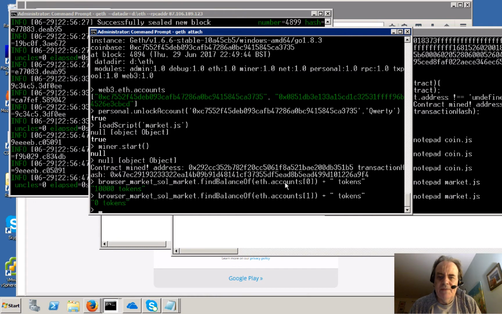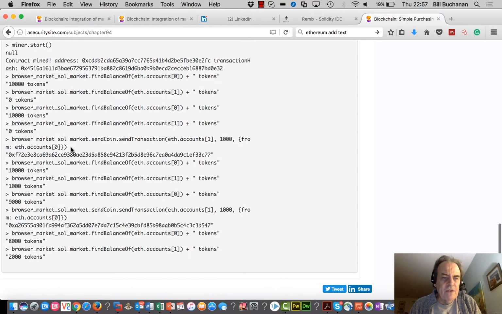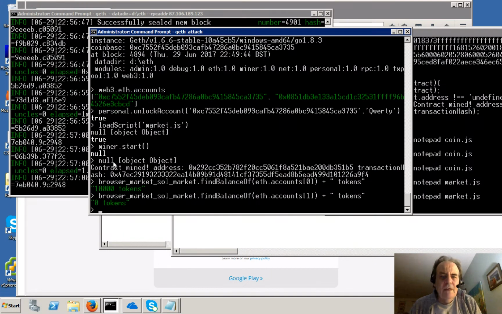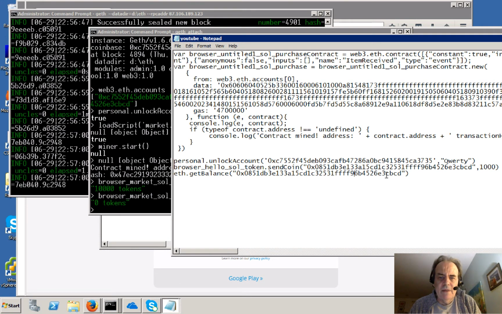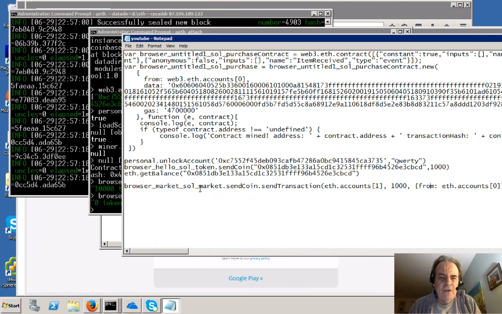Okay, so hopefully now we're going to purchase something. So the first account is going to purchase something from the second account, let's say for 1,000 tokens. Okay, so what we'll do is we'll transfer from here. This is the second method that we have. Just let me paste it here, just so that I have it on a single line. So we're going to call up the send coin method with an event, and we're going to transfer it to this